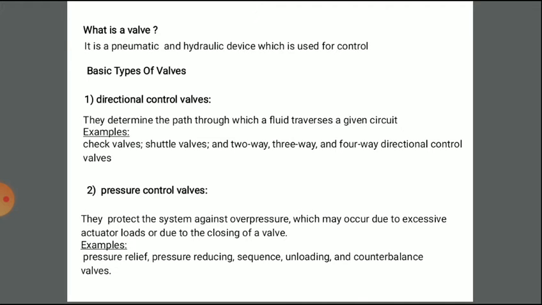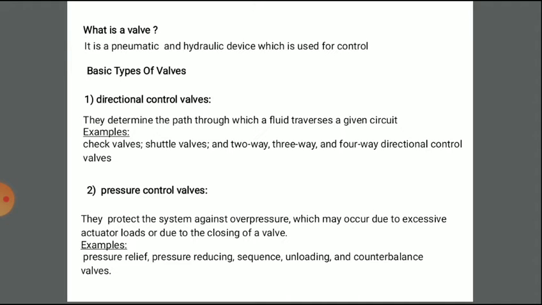So, the basic types of valves. Before that, the form of air power leaving the compressor may not be the same as demanded by the consumer, the cylinder or motor. Hence, the control valves come into action to modulate the form of air power to make it applicable to the consumer. Hence, some means has to be provided to control the intensity and flow according to the consumer's needs.